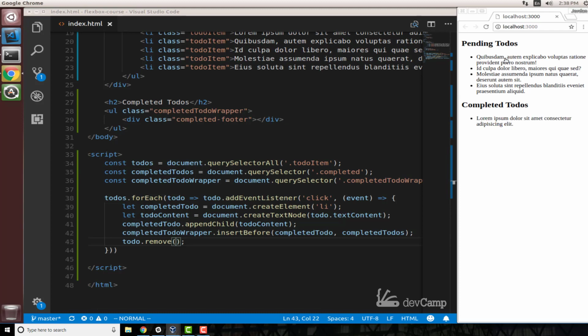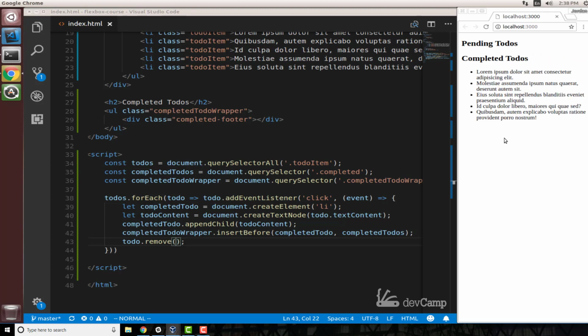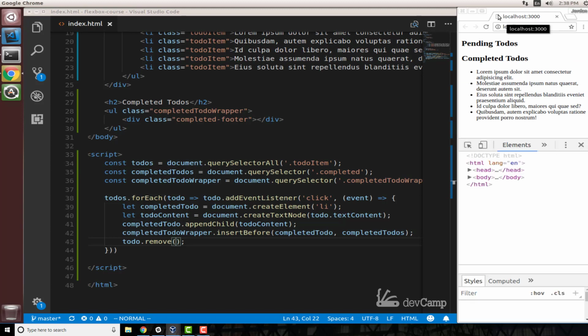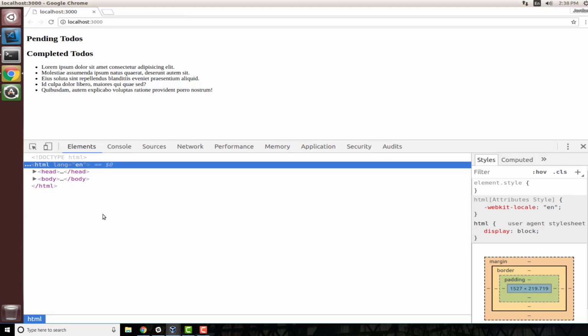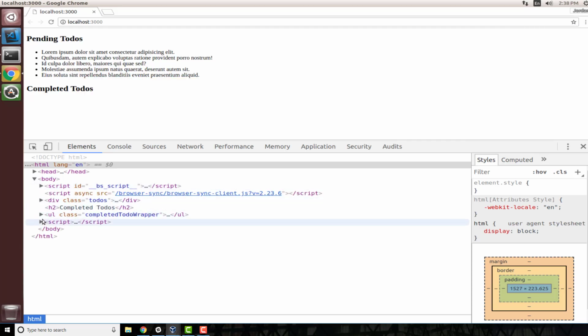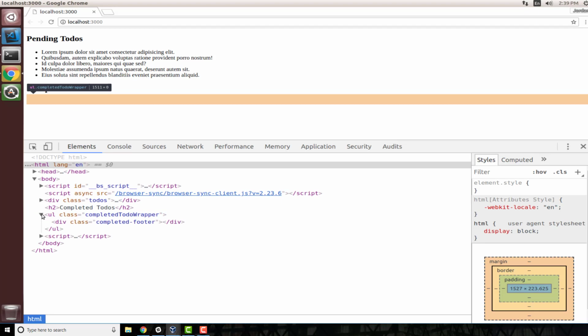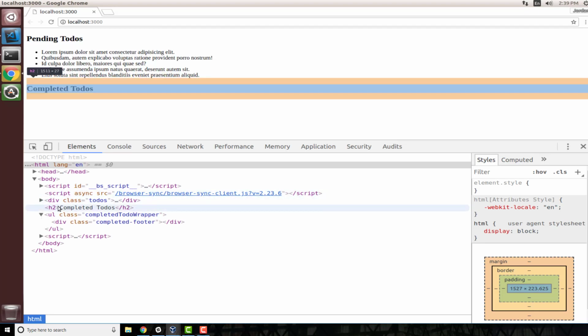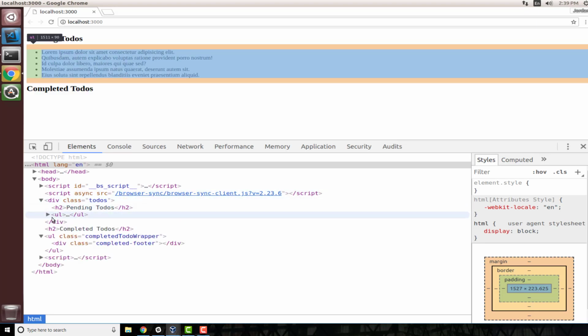So if I click on one of these, you can see that works perfectly. I can click on this third one, or the fourth one, and that's gotten moved down. Do it again, and again, and it's working perfectly. So let's take a look at the DOM and see what's going on here. I'll stretch this all the way out and hit refresh and move all of our pending to-dos back where they belong. And so now if I go into the completed to-do wrapper and then our completed to-dos,